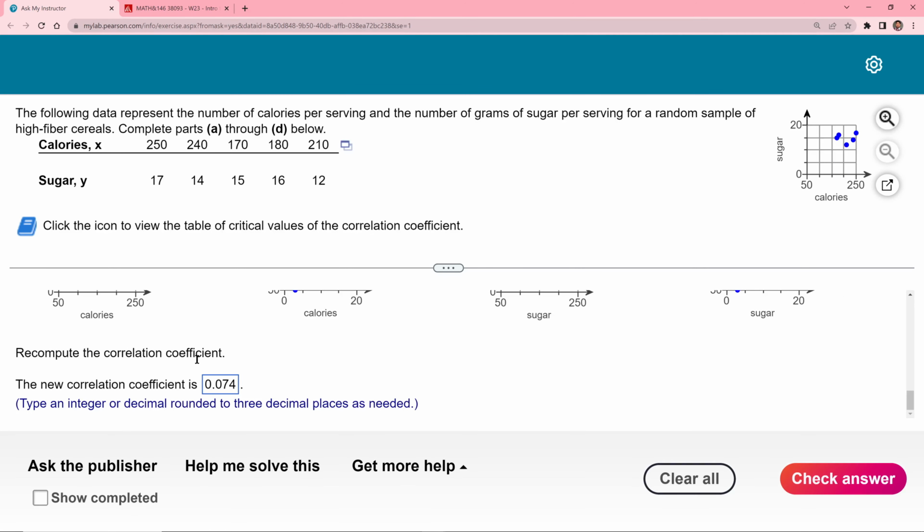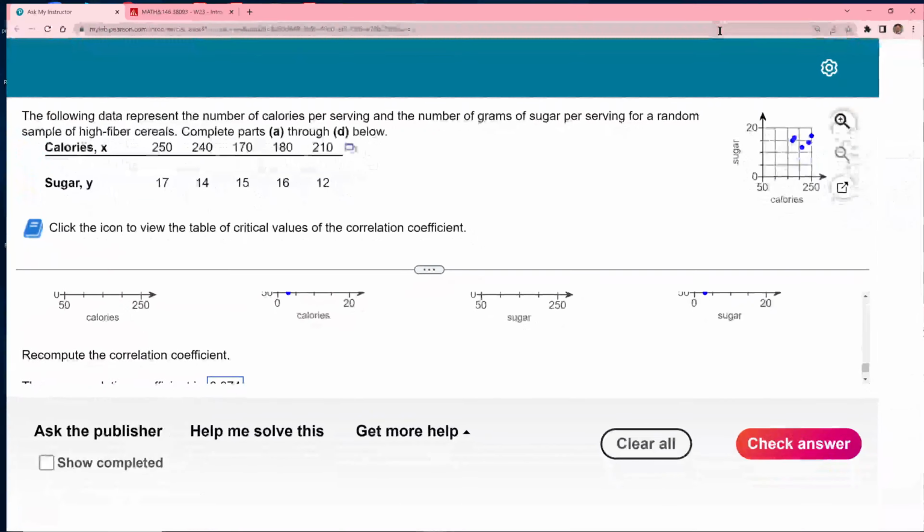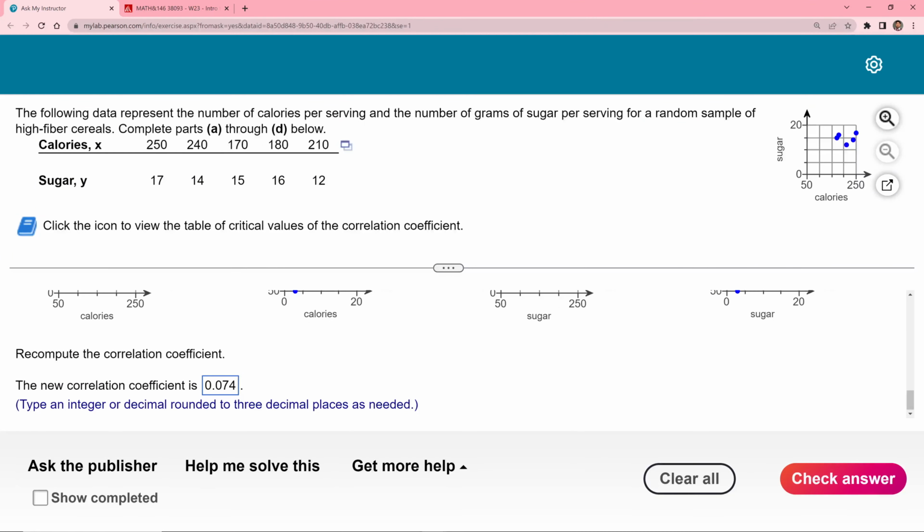Recompute the correlation coefficient. Well, what we could do is go back into StatCrunch. And we're just going to add that value in. We'll do 50 calories for 3 grams of sugar. And now we're going to close this out and just recalculate it. We go back to Stat, go to Regression, Simple, Select, Compute. Our R has jumped up to